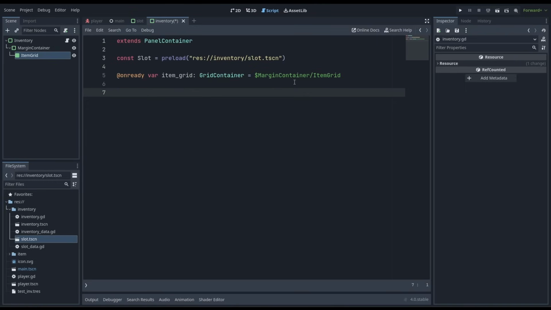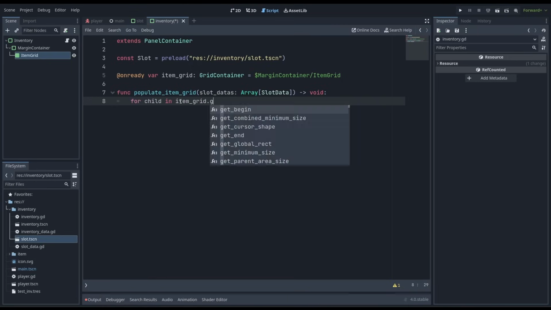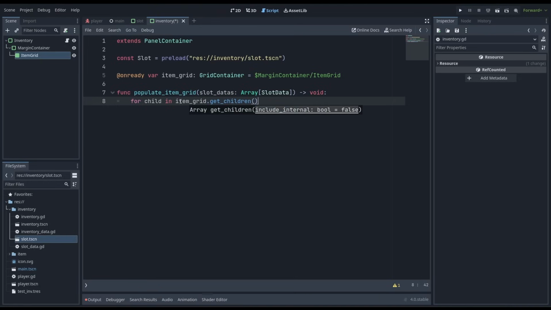So I'll drag an item grid, hold control to get an onready reference to that. And let's make a function to fill this with slots. So func populate_item_grid, and we're going to pass in an array of slot datas here to make a slot for every single one. So slot_datas, that'll be an array of SlotData, and this can just return void. And the first thing that we're going to do is clear the item grid of any children that it currently has, because we'll be using this function as the inventory updates in the future as well. So for child in item_grid.get_children,